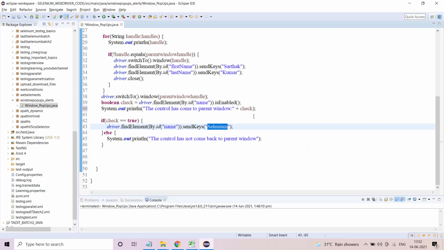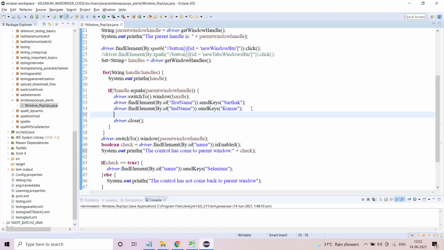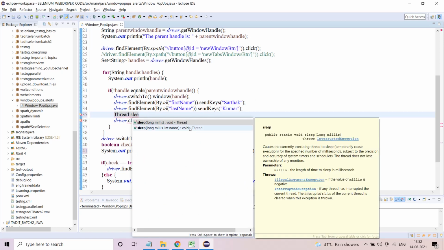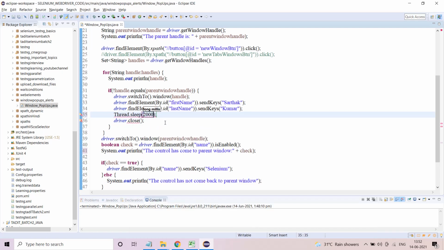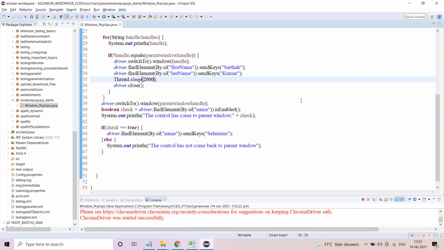Okay, let's see. And here, before it closes, let me deliberately put a Thread.sleep so that you guys can actually see that it is entering, because it is entering way too fast. Now let me run this. So the browser window opens. This is the parent window.